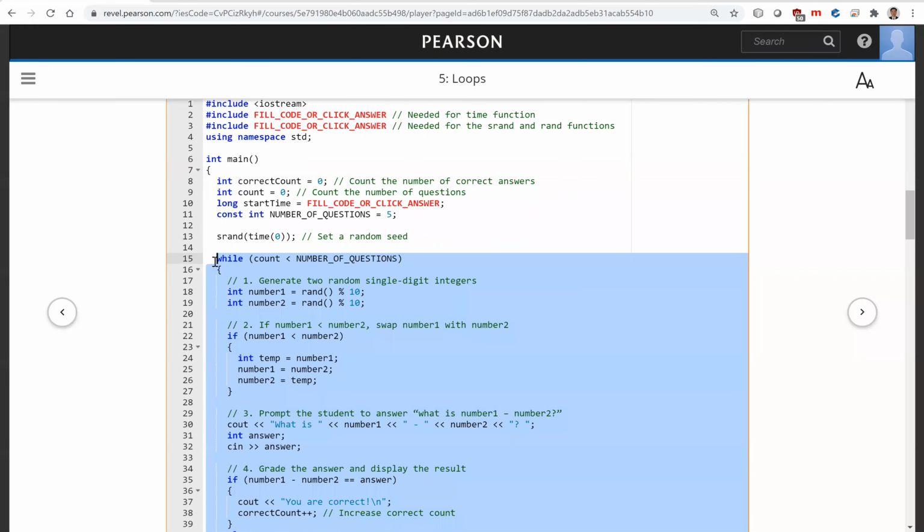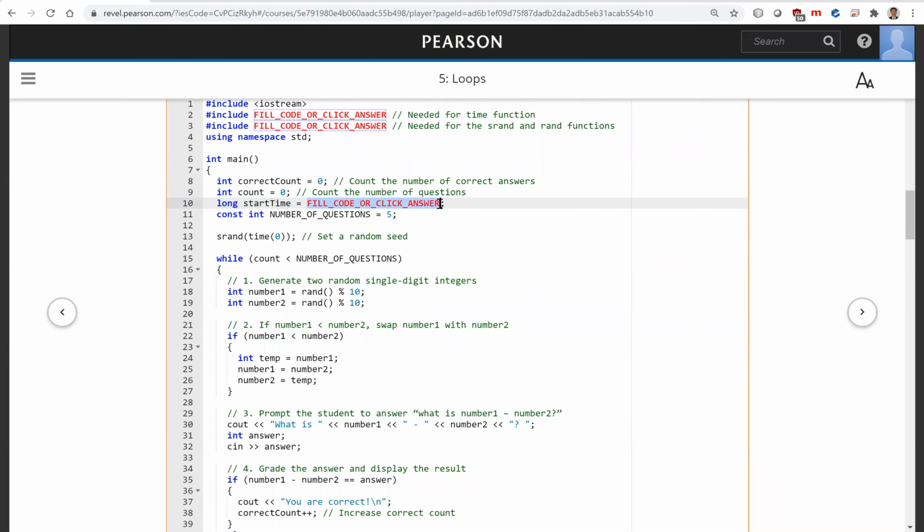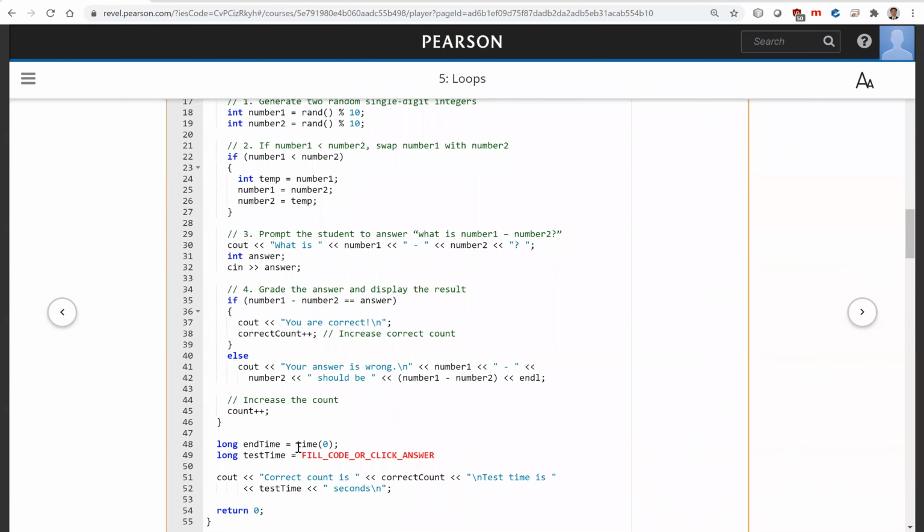The user may take some time to finish it. And we need to get the start time. So you can get the start time from time 0. So this is the elapsed seconds. And now we get the elapsed seconds again after the user finished. So this time 0, so this is 1 here. And now we get the correct count, and also we get the time. So what is the time? Time is spent on the exam is end time minus